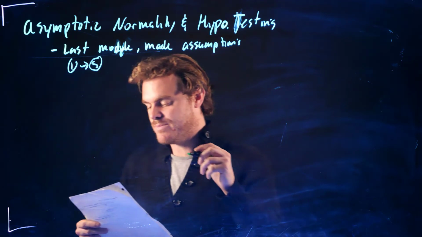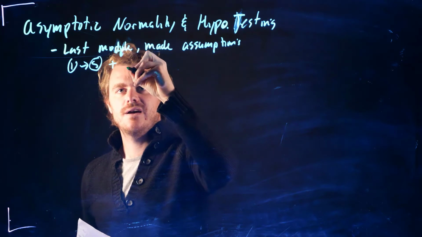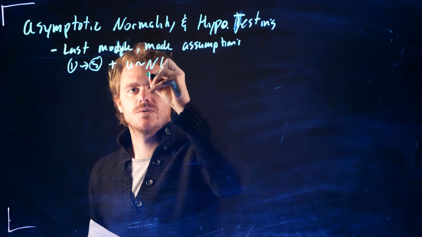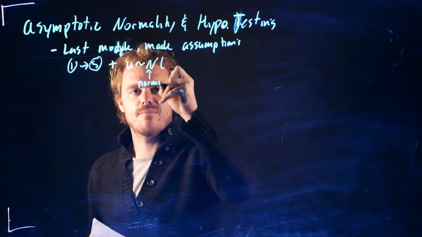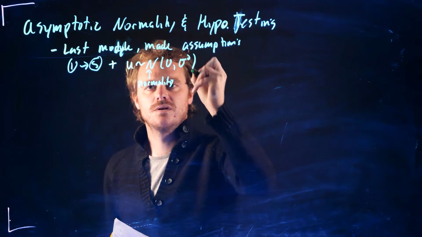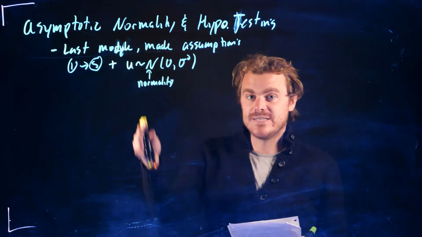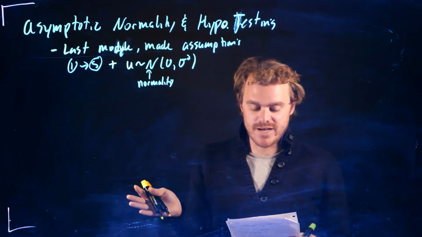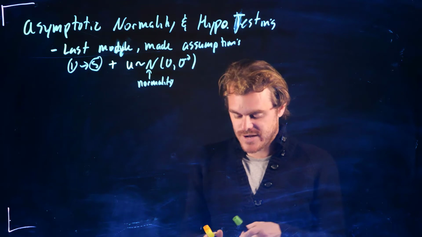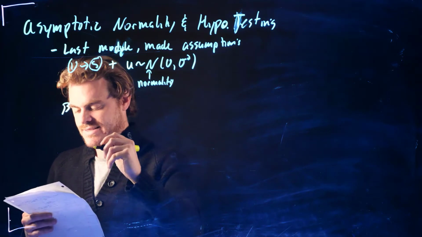And we made this assumption about normality. We made the assumption that U is distributed normal. So this was that normality assumption we made. That's how we derived the distributions of our estimators as well as the test statistics, right? We talked about that last time, once we made that assumption,